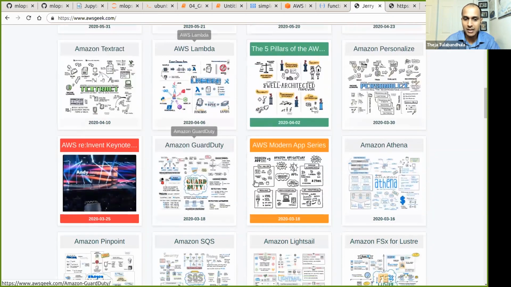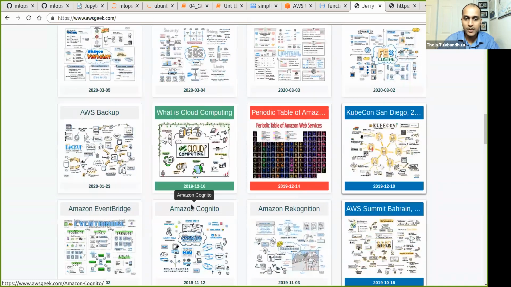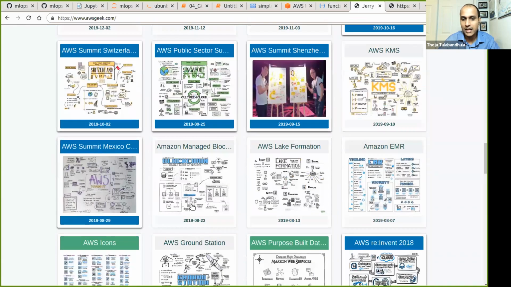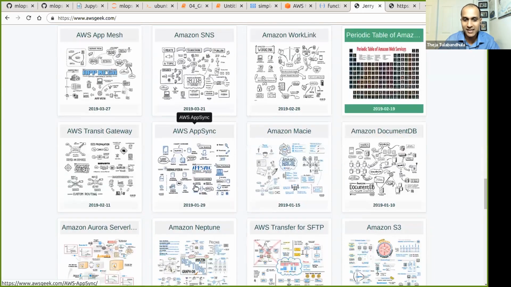But you can see there are many different things that AWS does. So I highly encourage you to have a look at it. It's a nice illustrative way to understand the AWS vendor ecosystem.